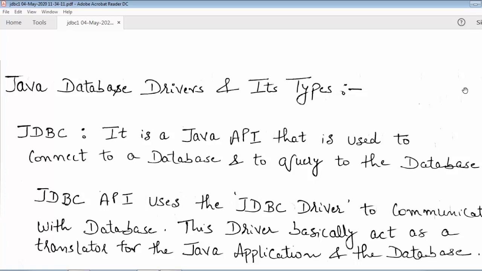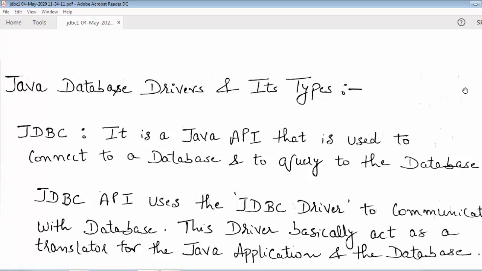This driver is now acting as a translator, or a medium, so that the Java application specific calls can be understood by the database, and the response that the database gives to the Java application can be decoded by the Java application program with the help of this translator.